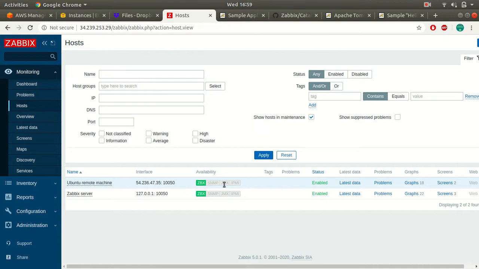So just give it a couple of minutes. This is similar to adding your agents or remote machines. This will take a couple of minutes, and let's just wait and see what happens.